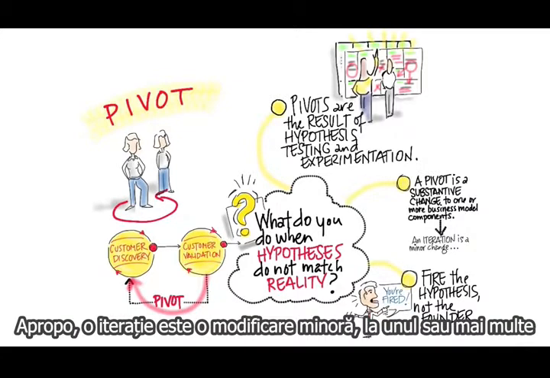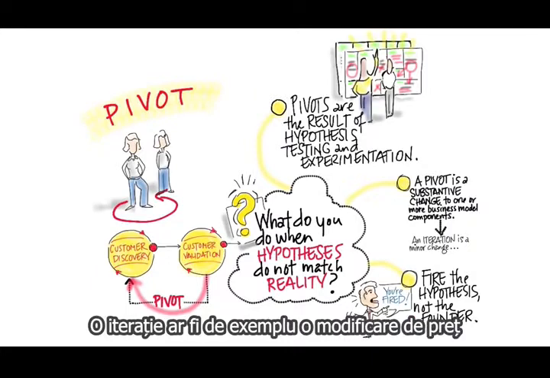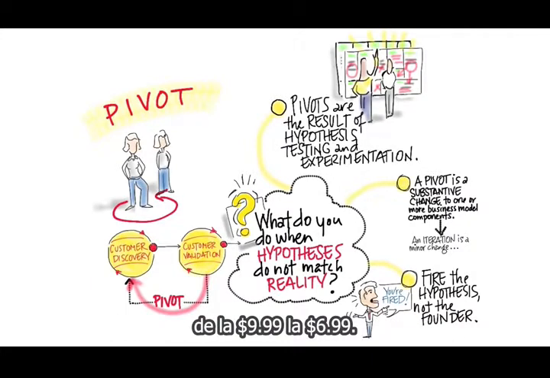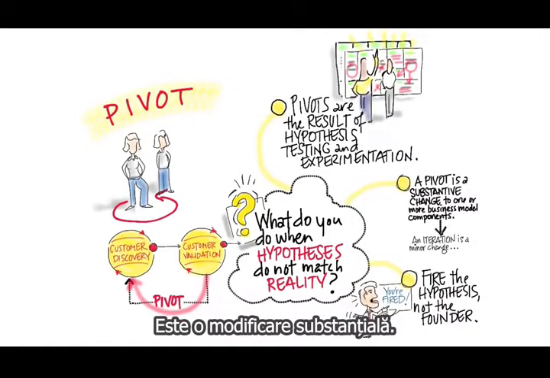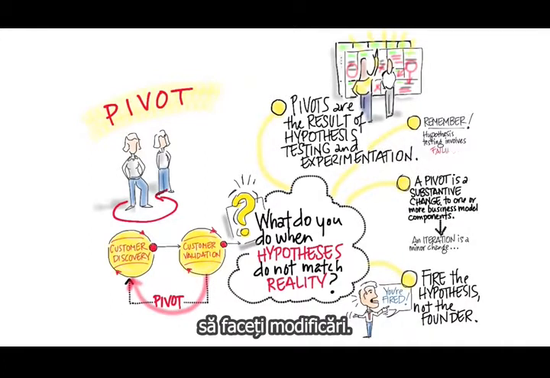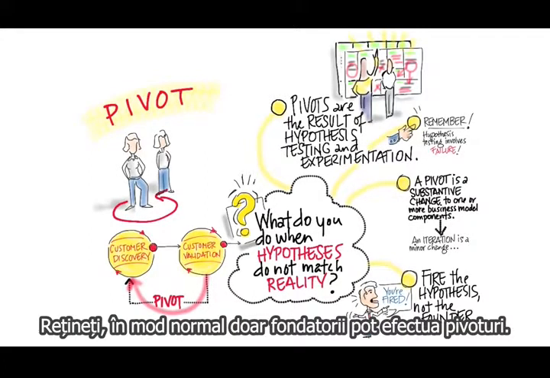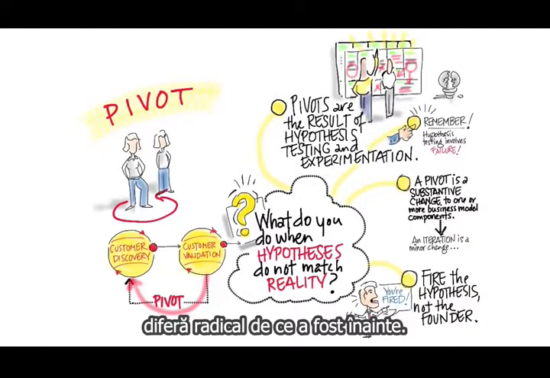By the way, an iteration is a minor change to one or more of the business model components. So, for example, an iteration would be going from charging $9.99 to $6.99. A pivot would be a change of, gee, our pricing is going from freemium to subscription. That's a substantive change. So the key idea here is a pivot allows you to get out and make changes. Remember, typically only the founders could do pivots, but it is actually the heart of what makes customer development radically different